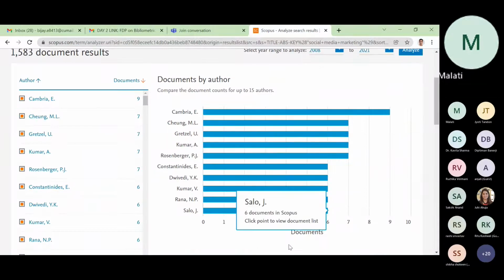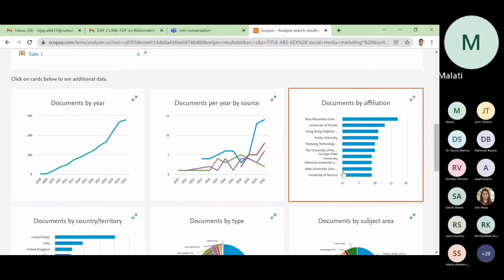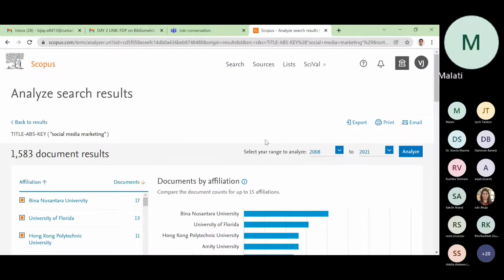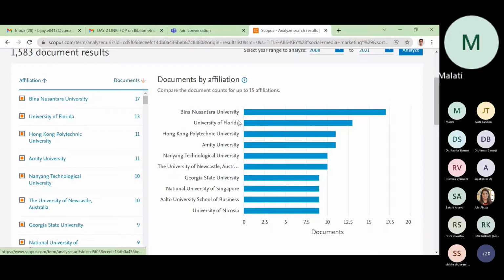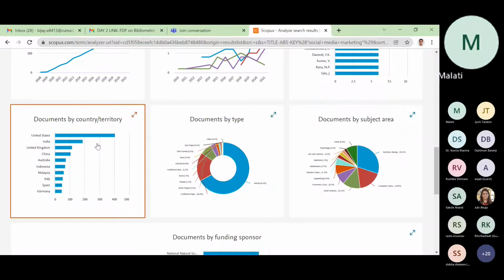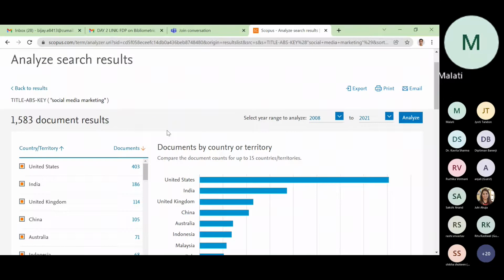So prominent authors I have, but it is based on documents, the total publications. Affiliations, institutions I have, but based on documents. And country also I have, but based on documents. But our criterion while preparing that table is citations. The value of the publications is interpreted by the citations of it, rather than the number of publications.